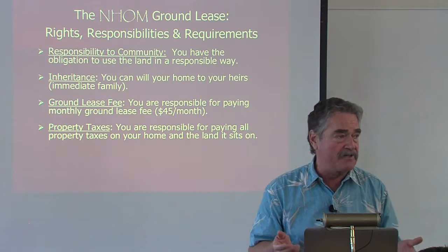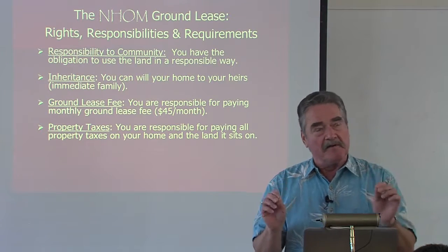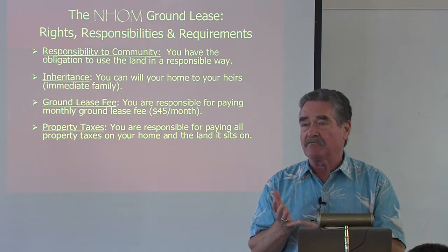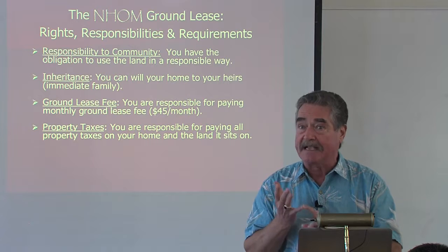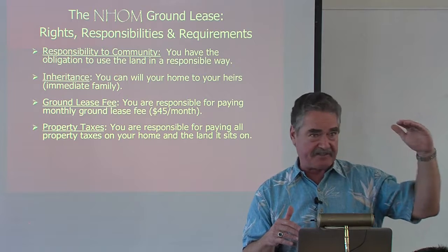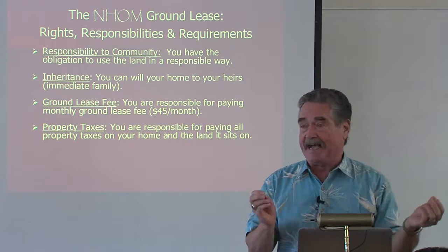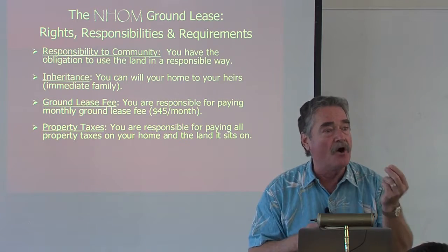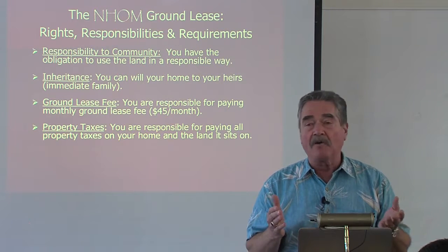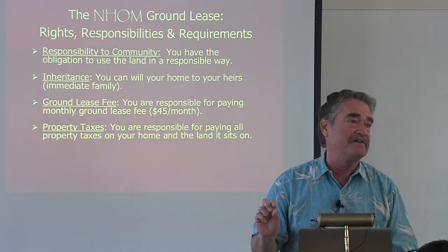That's very common in all leasehold interests, but the significant thing for our homeowners is that, number one, the residential workforce housing policy of the county tells the assessor to take restricted resale values into account when they are assessing a property. A property that has a restricted resale value does not have the same value as one that doesn't. Number two, because there's a $200,000 exemption for homeowners on Maui County, most of our homeowners are paying the minimum property tax per year,